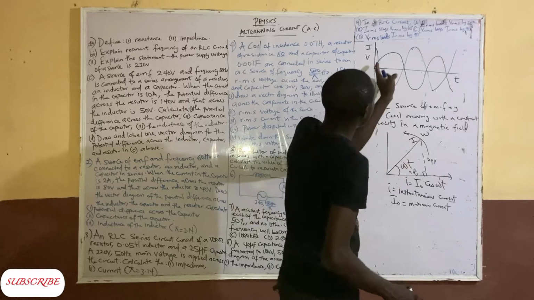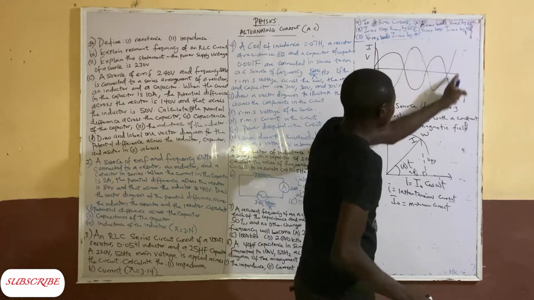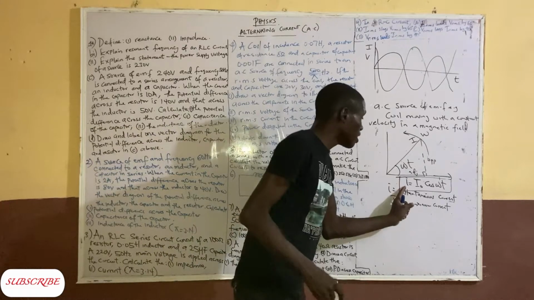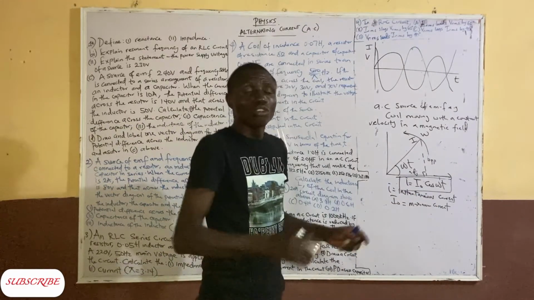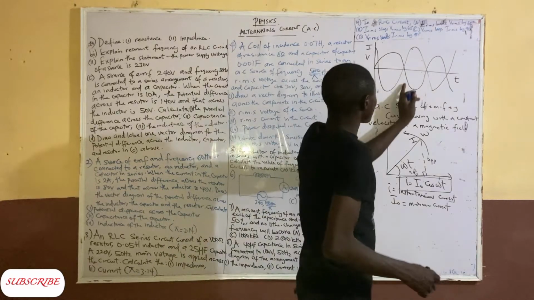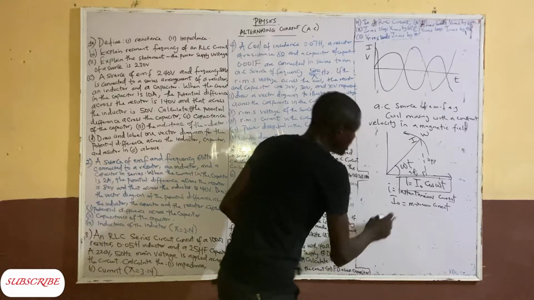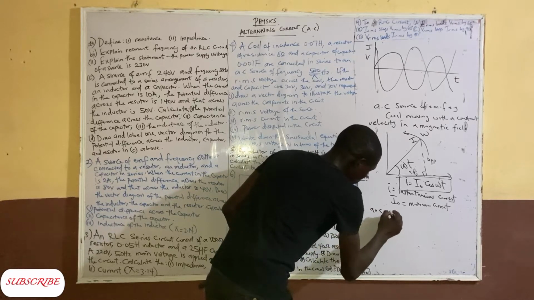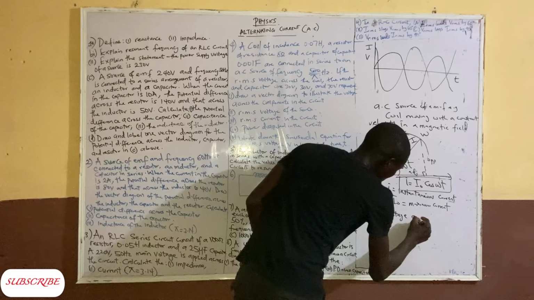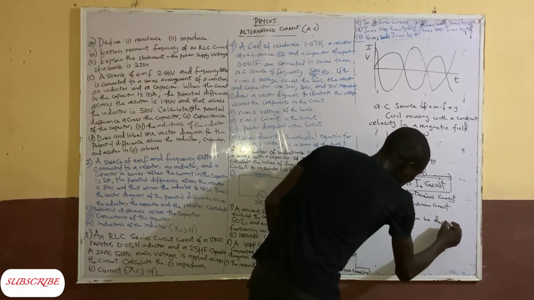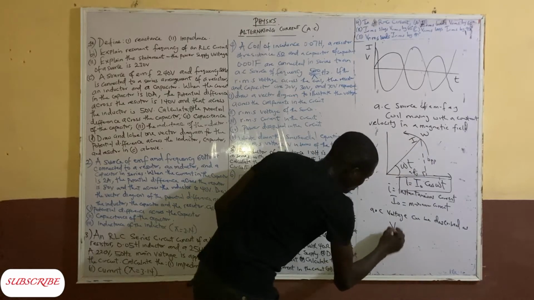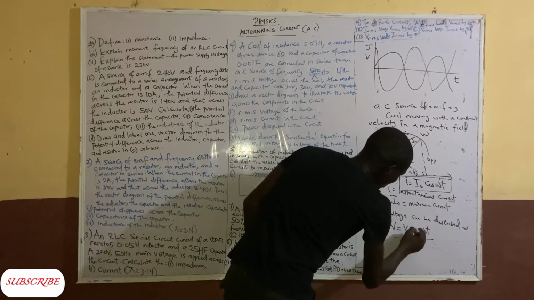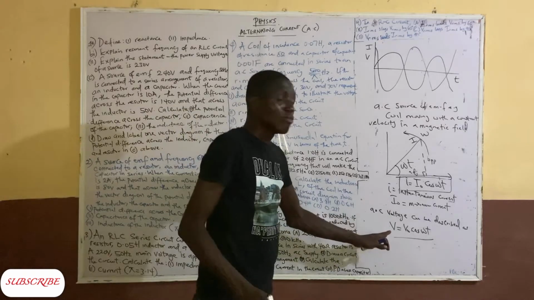So meaning that the AC current flowing through an AC circuit, at an instant or at a point in a circuit, is given as I equals I naught cos WT. Also, the voltage of an AC circuit can also be expressed, can be described as V equals V naught sine WT, or cos of WT plus a phase. The voltage can also be